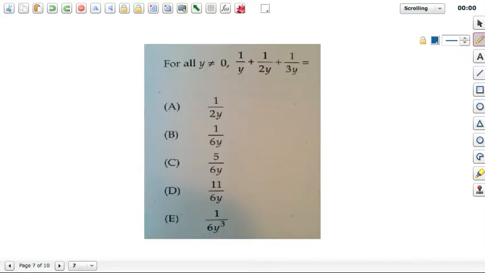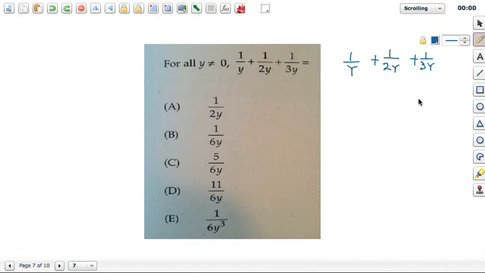You now have question 7 on the board. Pause your video and try and work this. Do not take more than a minute. Okay, so let's go ahead and do this fraction addition. We're asked to add 1/y plus 1/2y plus